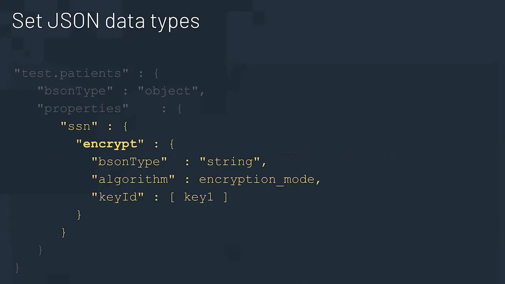Historically, we use JSON schema validation to do things like, this field has to be a number, this field has to be a string, this can't be empty, or if this is a number, it's got to be between 1 and 100 or some other range of values. That capability existed in the database going back to the version 3 series of Mongo. What we've done is add an additional data type property called encrypt.